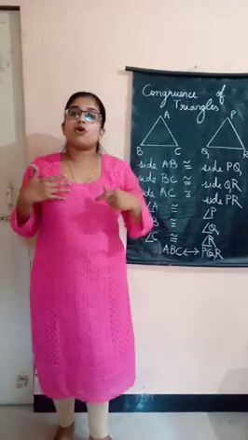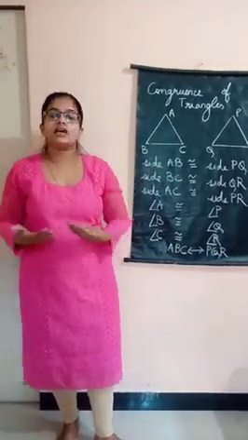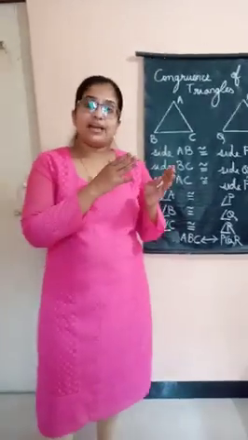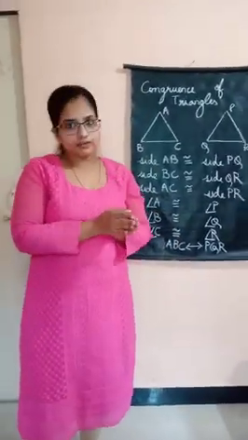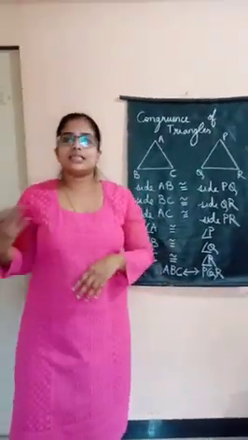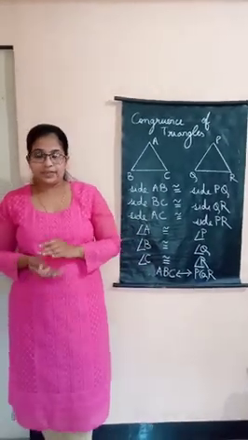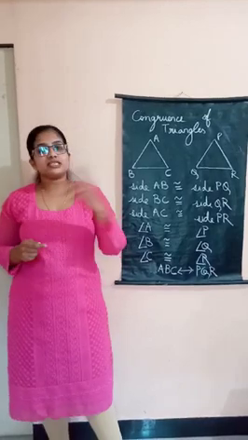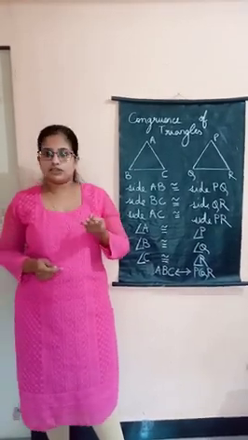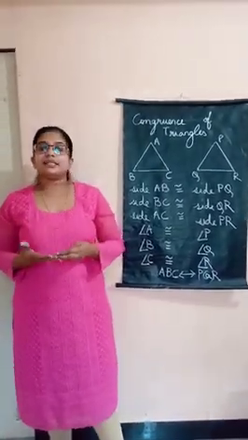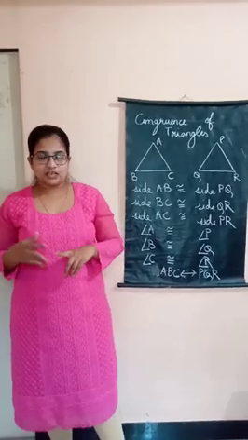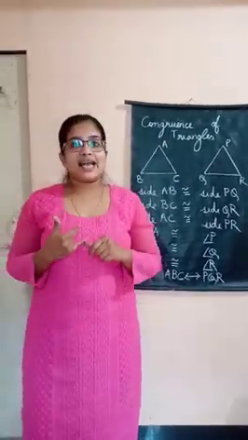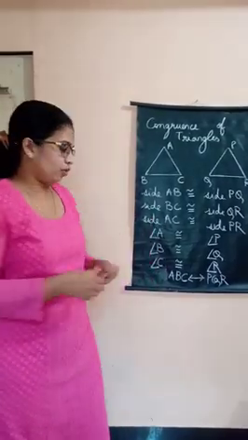Now suppose I want to check if two triangles are congruent, then it is not necessary that I have to compare all the 6 elements of the first triangle with the 6 elements of the second triangle. It can be done by a special method wherein you just have to compare 3 parts of the triangle, and that is determined by the various tests. So let us have a look at the first test, which is the SAS test of congruency.